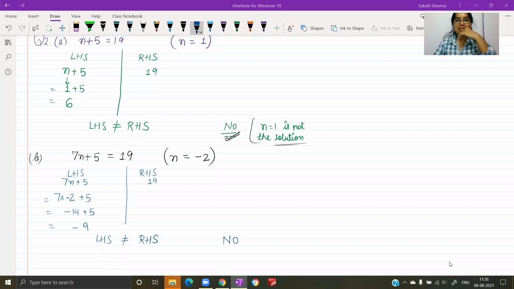So let me know once it's noted down, then we will take up the third part. Those who have noted this down, they may continue with the remaining parts. They can try the next part on their own. Many students have completed till B part. So you can continue with the next part, C, D, E, F. There are 6 parts to be done.